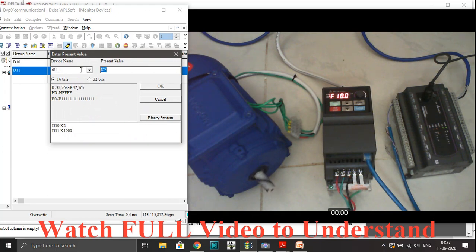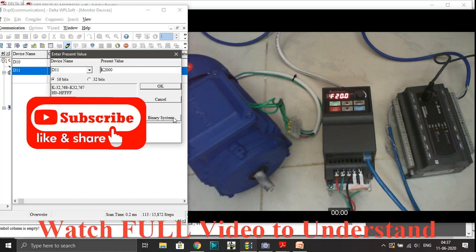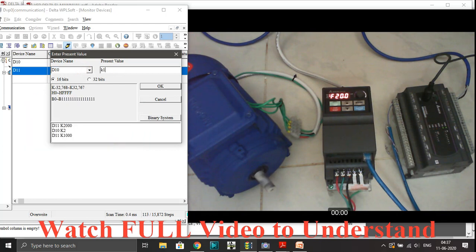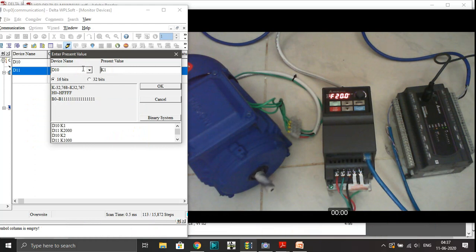By changing from the keyboard I can increase the frequency also, or on the spot I can stop the drive. So this I'm doing by using a serial communication between the PLC and the VFD.